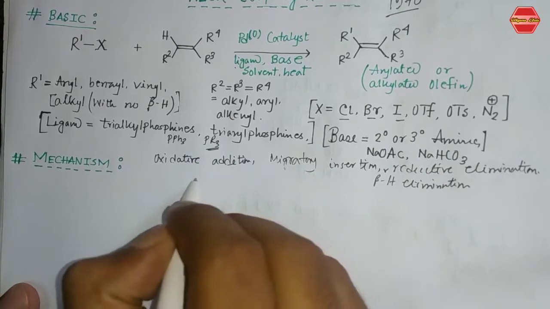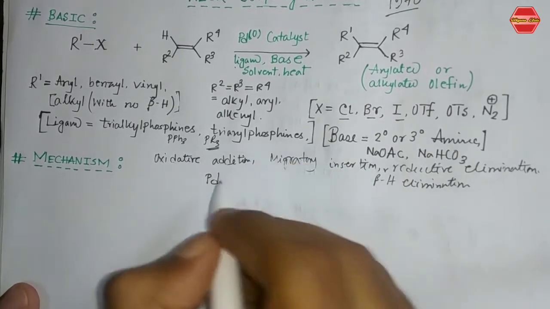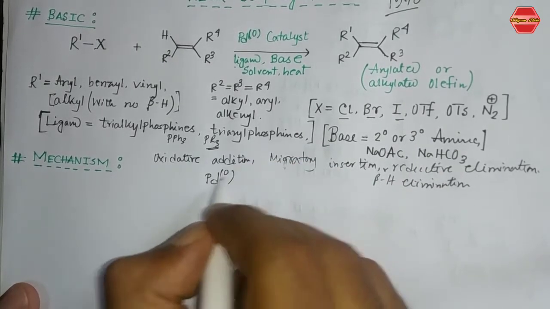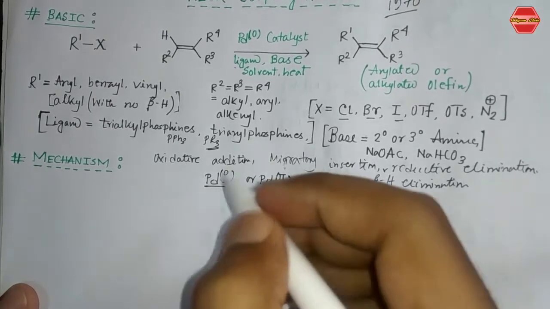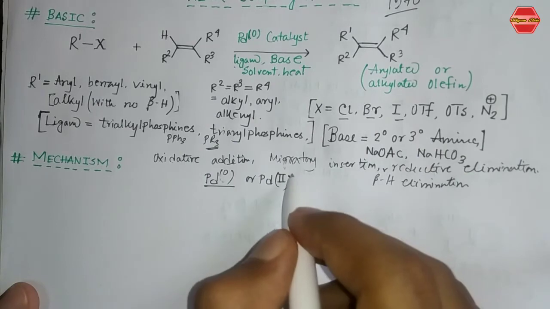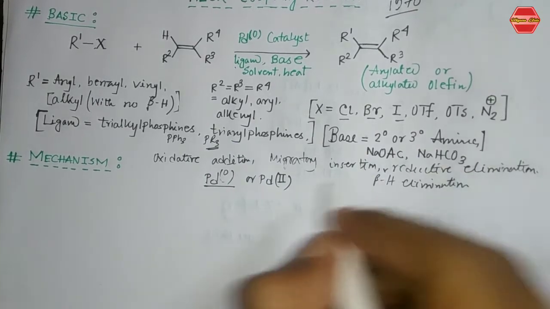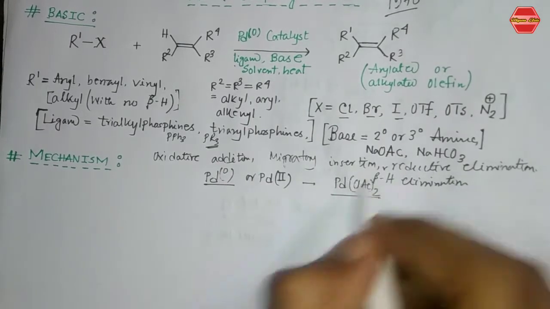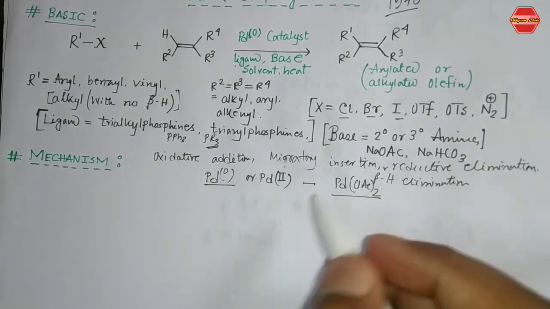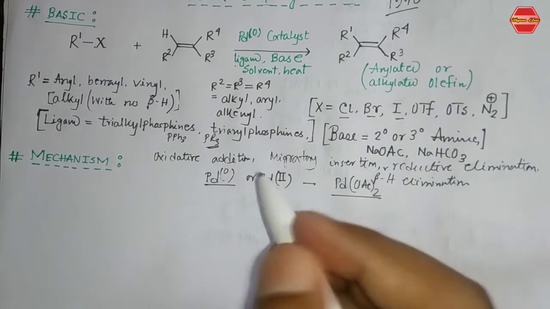So we start with any kind of palladium, whether palladium 0 or palladium 2. If it is palladium 2, then this is your pre-catalyst. Palladium 2 is generated in this way, that is PdOAc2. So this kind of substrate, you have to reduce into palladium 0, and then we will do